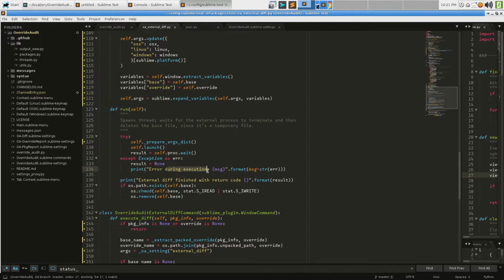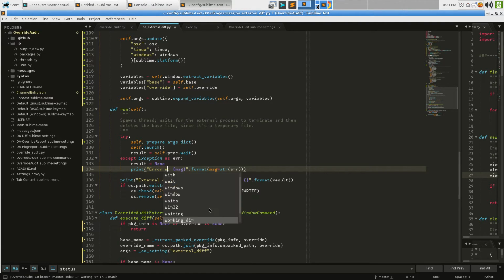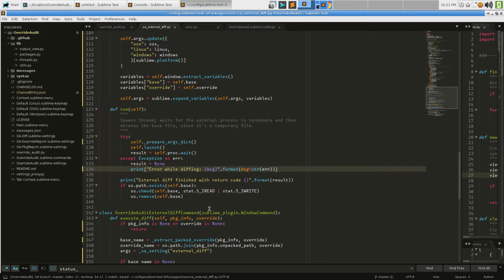We can change this to error while diffing and do that, and the external diff finished with return code bloop. That file is there. Try to remove it. Now again,